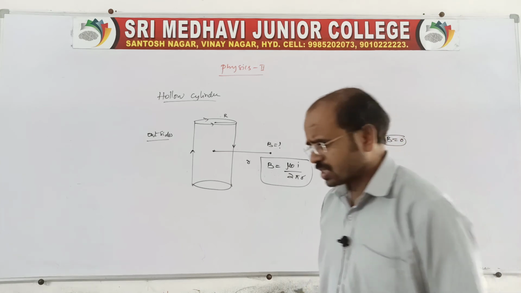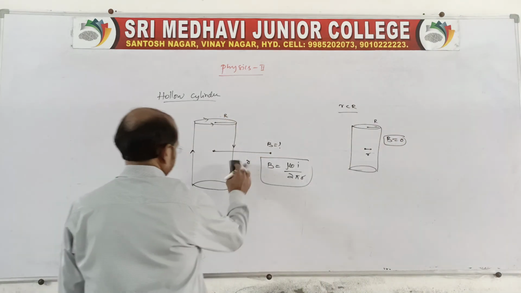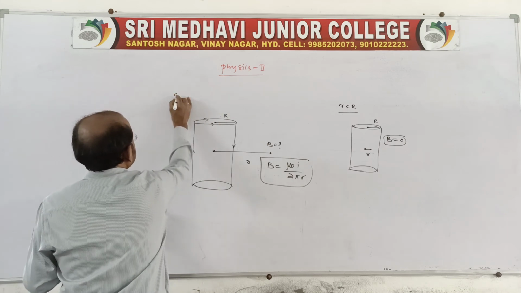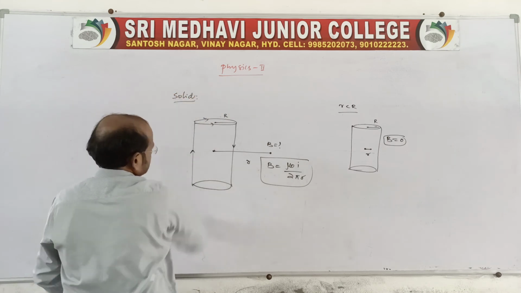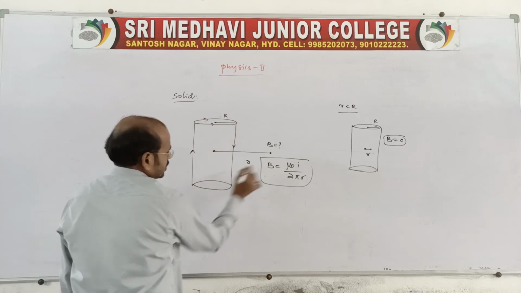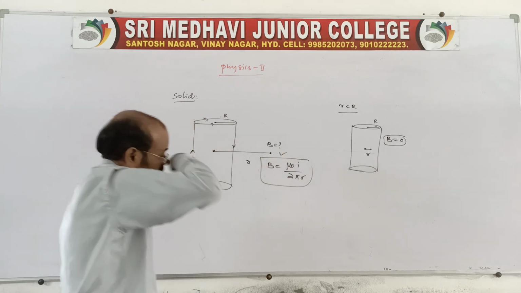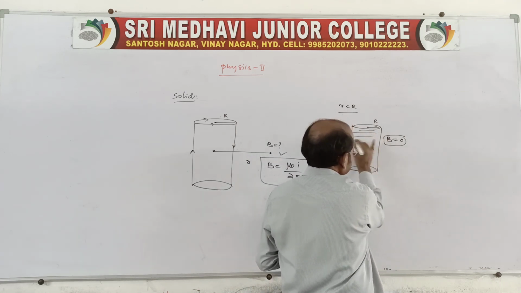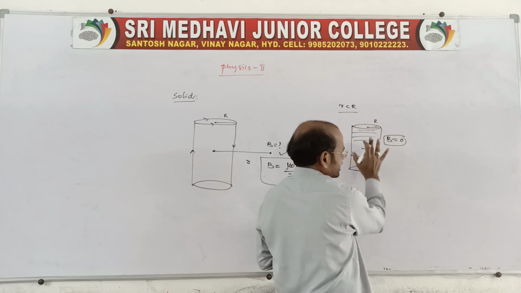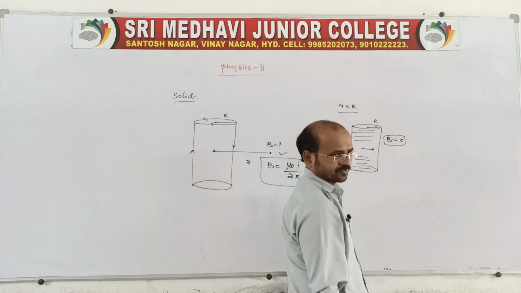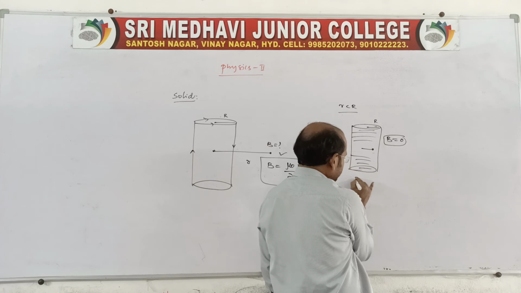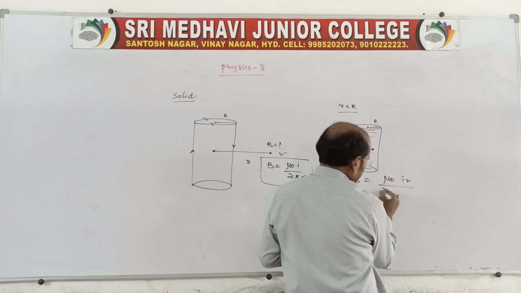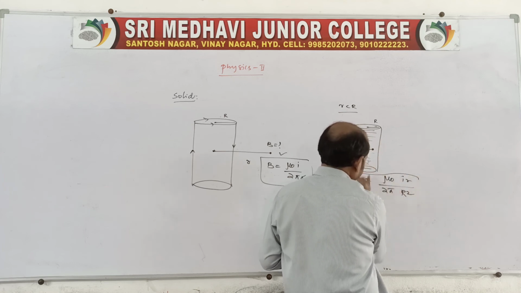See, all this is related to applications. If I take a solid cylinder instead of a hollow cylinder, outside it remains the same. If I go inside, where r is less than capital R, the point is inside a solid, which means the current is carrying completely through the solid cylinder. So the magnetic induction inside is not equal to 0; B is equal to mu naught I r by 2 pi capital R square.